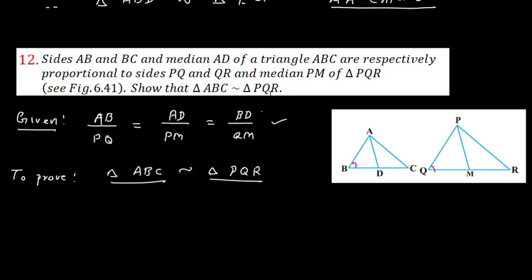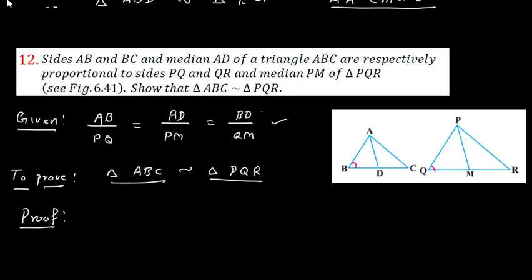I think you are right. From the given information, I can prove that this triangle and this triangle are similar, so their corresponding angles will also be equal. That is the way you can prove that angle B and angle Q are equal. This problem is a little lengthy, but we understood how to proceed. So let us start. Now I will write the proof.